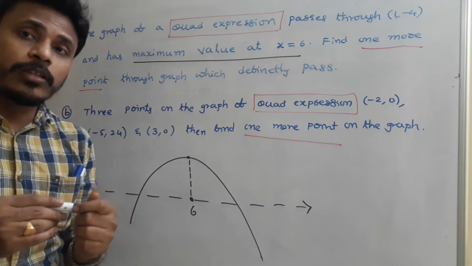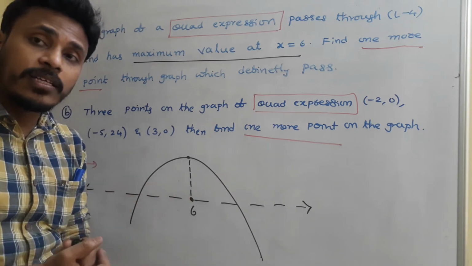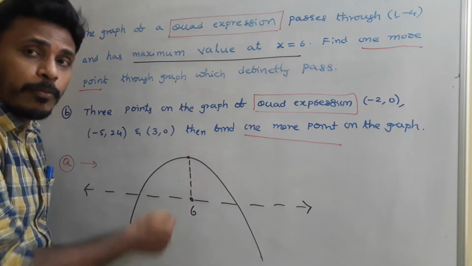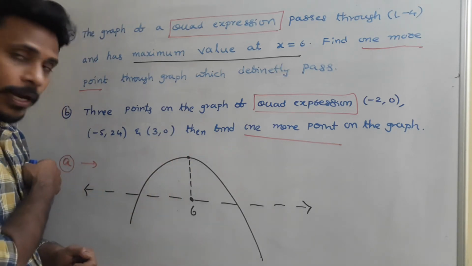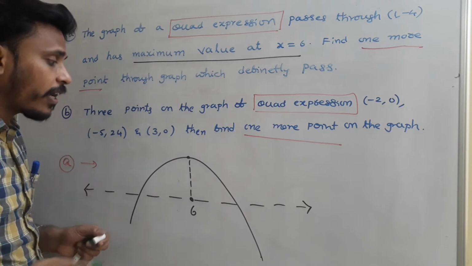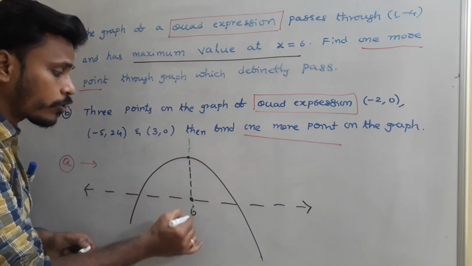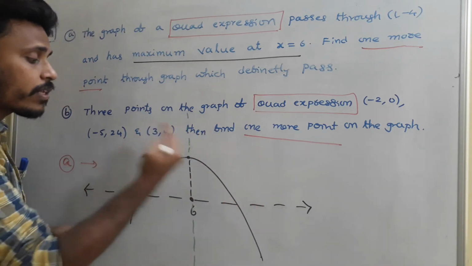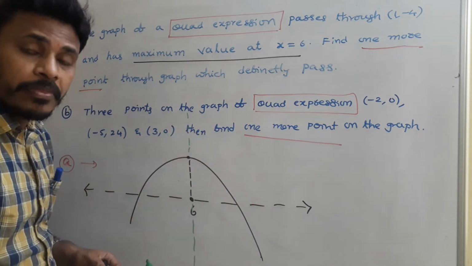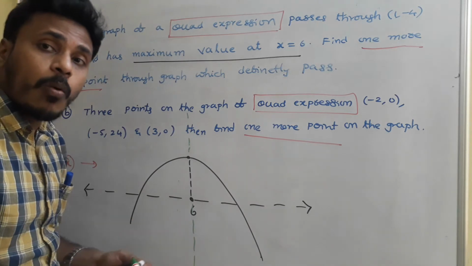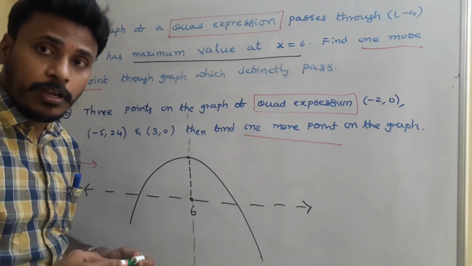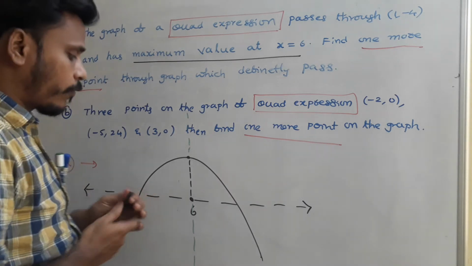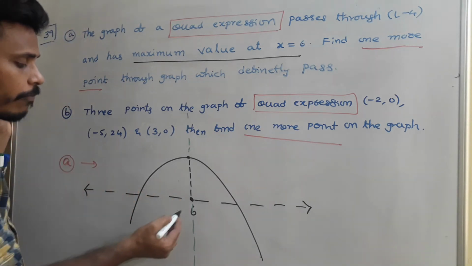And already we know that the graphs of all these quadratic expressions are symmetric about this line, okay, about this maximum point or minimum point. So you have a symmetrical line at this x = 6. That in the sense, the graph either side of this line is symmetrical. Okay, with that idea, now I will try to find another point. Okay, first, one point is given as (1, -4). This is 6, right? Somewhere if you move,